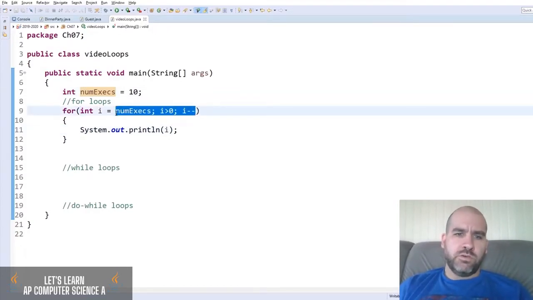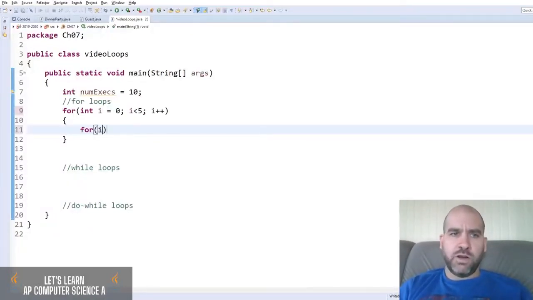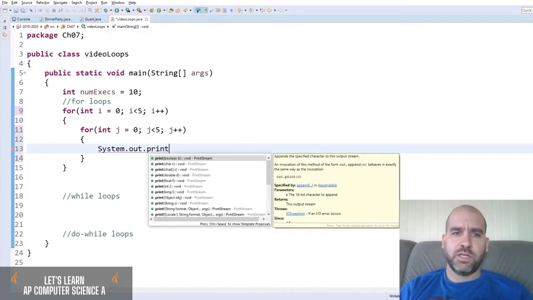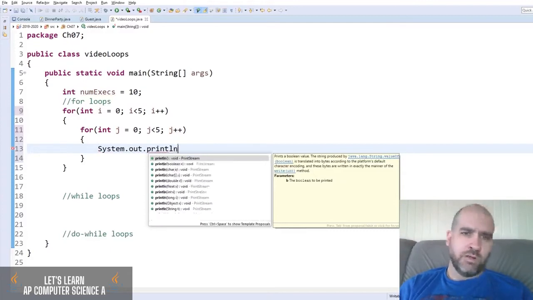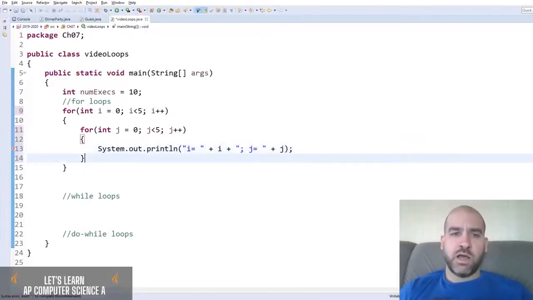You can also do nested for loops as well. So i equals 0, i less than 5, i plus plus. And then inside, I'll do for j equals 0, j less than 5, j plus plus. So I'm going to do System.out.println, i equals plus i, j equals plus j. We'll get to see those i and j values as it runs. So if we run that,